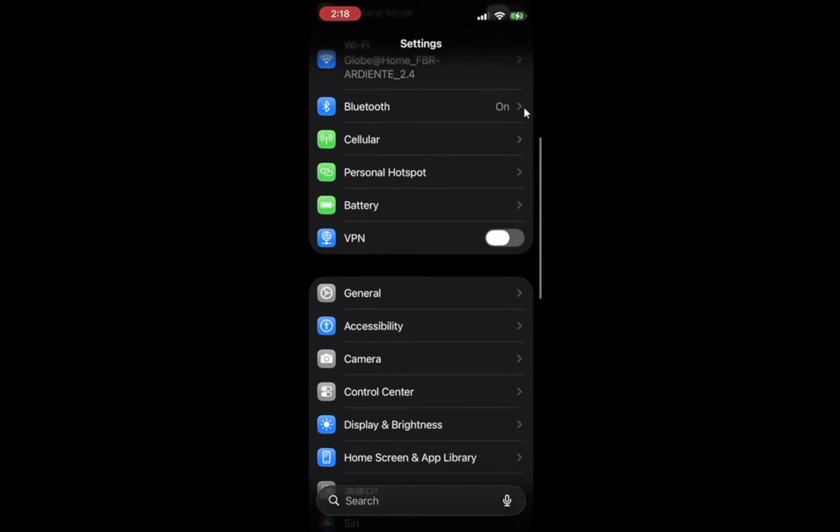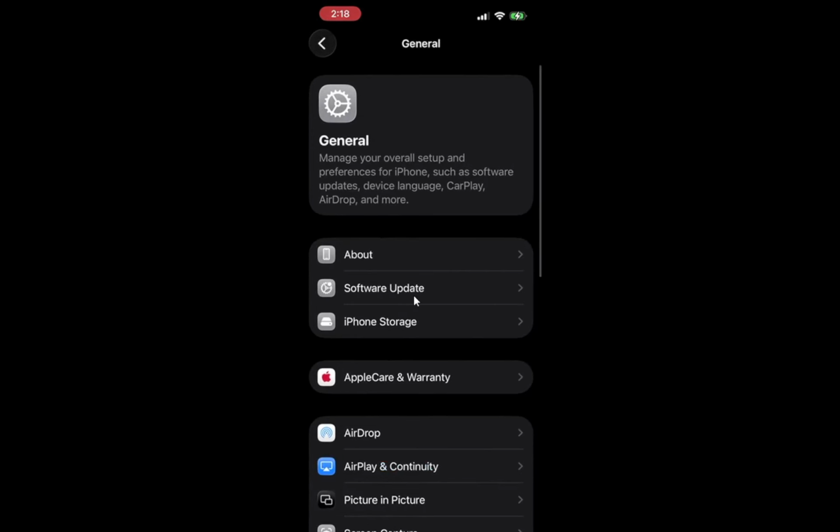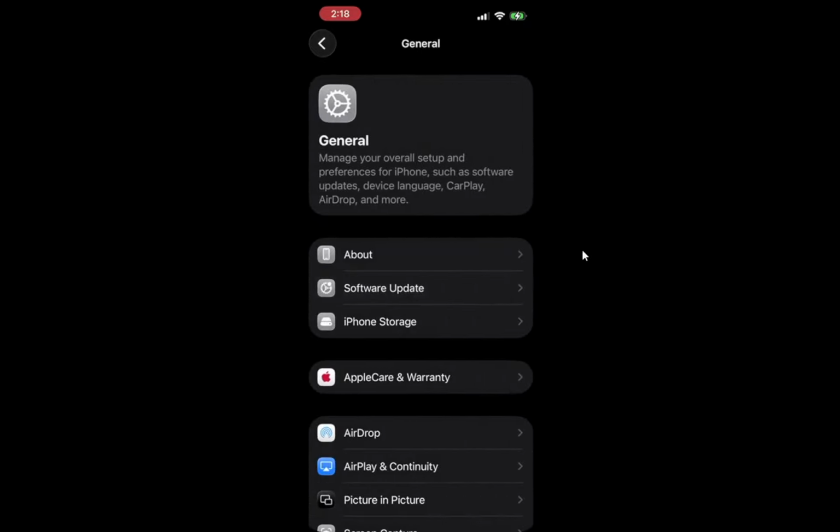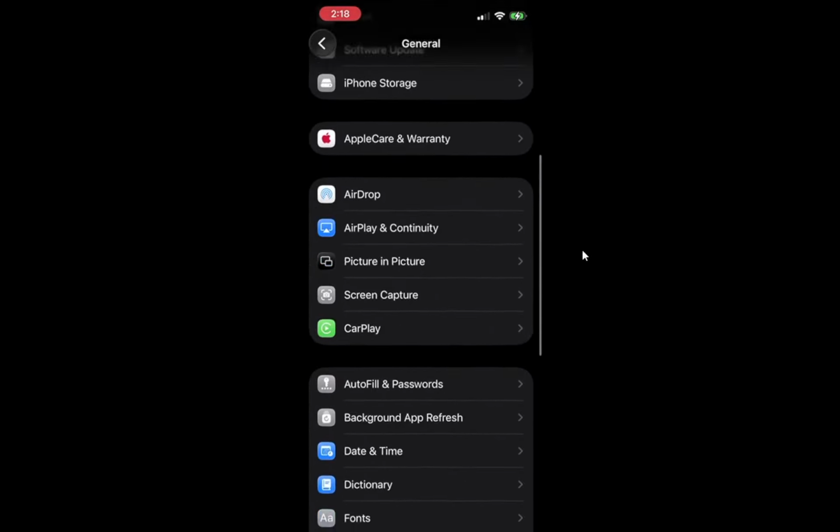Lastly, check Apple's system status page to ensure that iMessage is not experiencing an outage. You can find this page online by searching for Apple's system status. If iMessage shows as available, then the issue is likely with your device. If you recently set up an eSIM after configuring your iPhone, keep in mind that iMessage may not activate automatically. Turning iMessage off and back on often solves this problem.